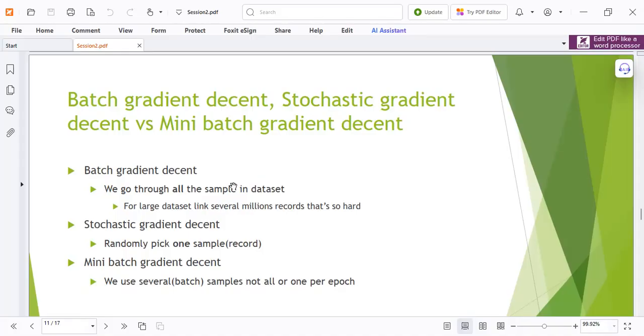So in order to overcome this over-computing, we can use stochastic gradient descent. Stochastic gradient descent randomly picks one sample in each record, and one sample is not that much, so we can use something like mini batch gradient descent.